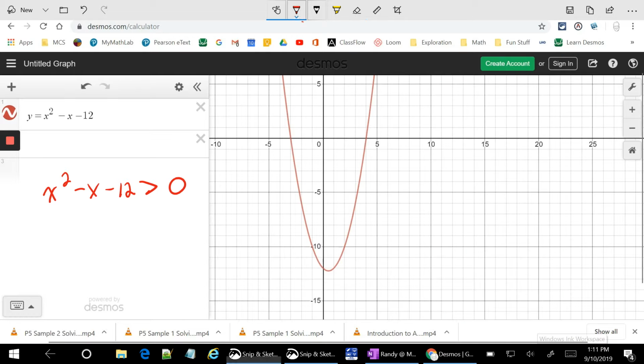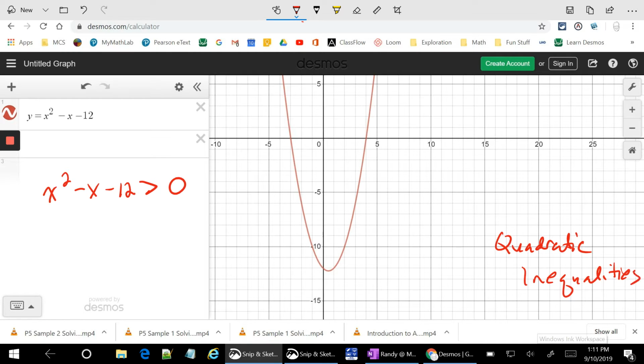We are going to solve a couple of quadratic inequalities. So quadratic inequalities, and we're just going to do that graphically. So the first one I'm going to solve here is right here, x squared minus x minus 12 greater